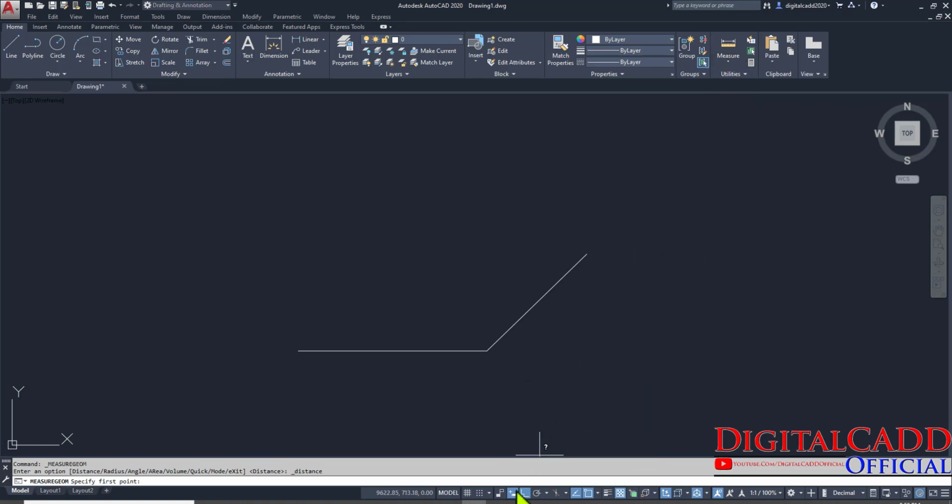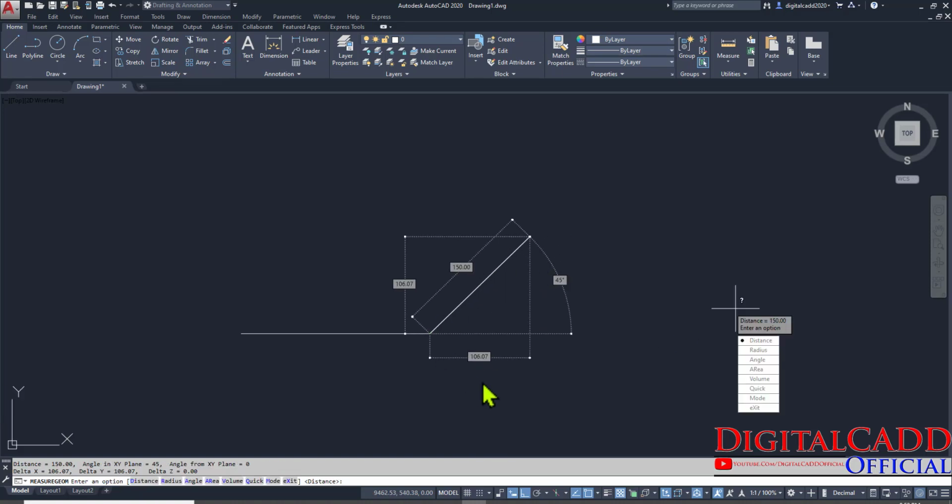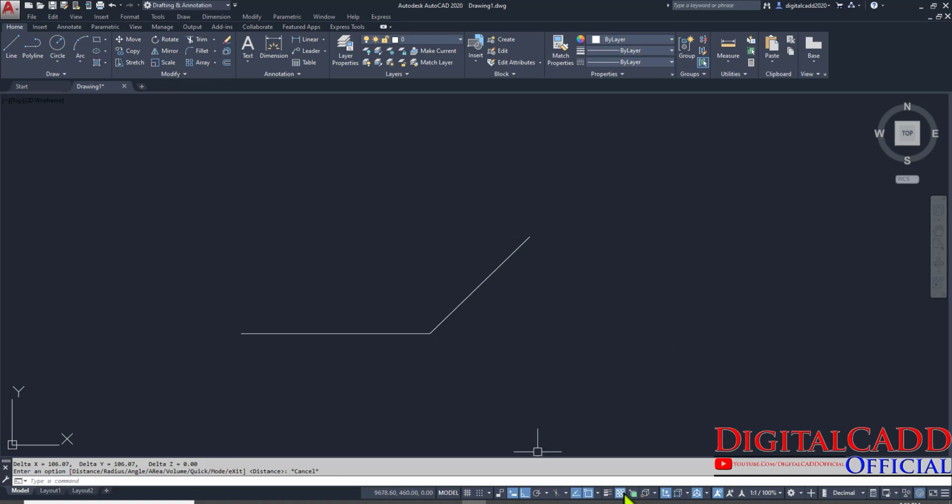Remember that dynamic input is always very much important to work with accuracy. You can see here we can easily check the value, and here we have all the details of that angular line. So I always recommend making these four buttons on.